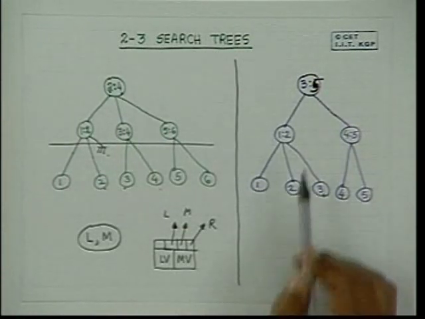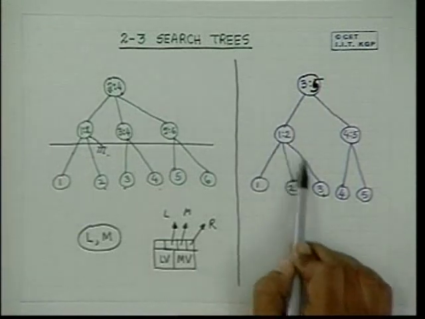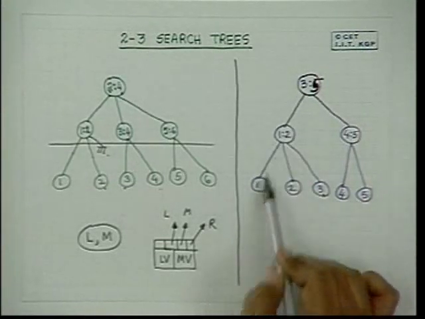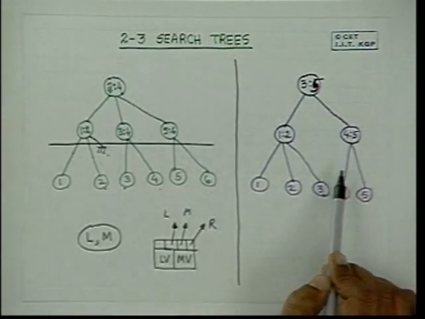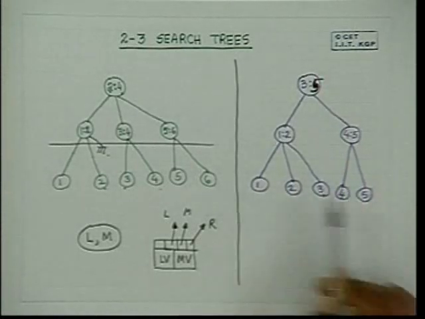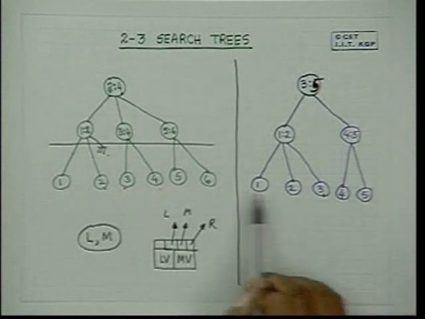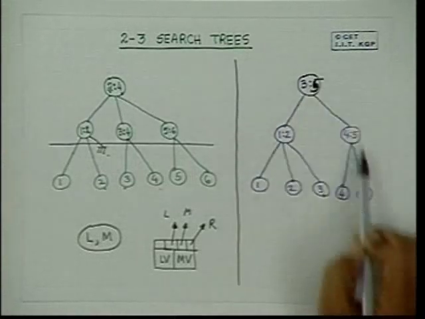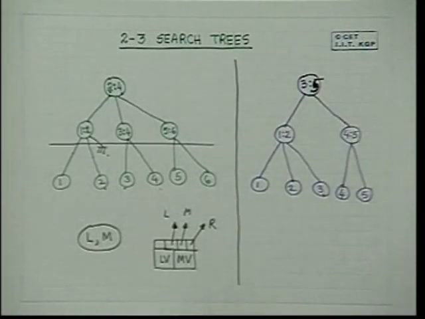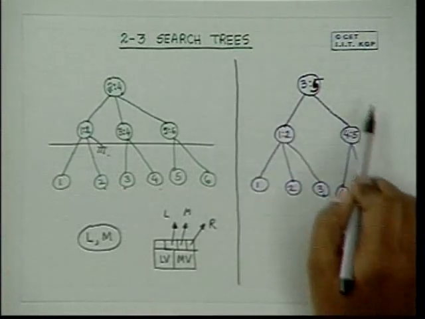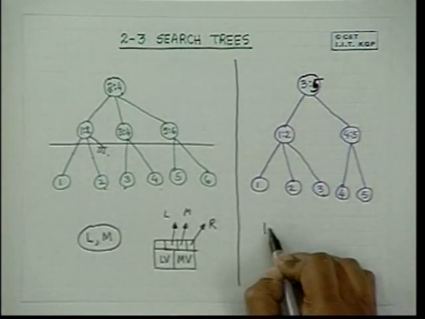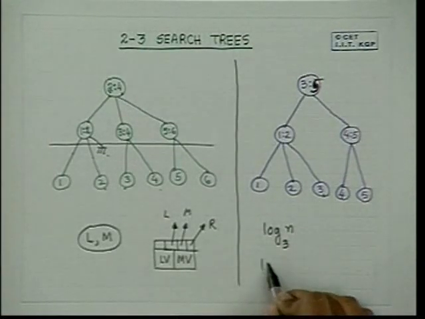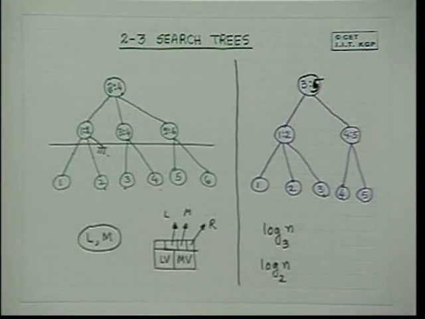Okay. And if you just traverse the leaf nodes from left to right, that is, you do a traversal similar to left to right traversal, you will get all the nodes in sorted order. Move left, you will get the minimum, move totally right, you will get the maximum, and so on. The height of this tree will be between log n to the base 3 in the best case and log n to the base 2 in the worst case.